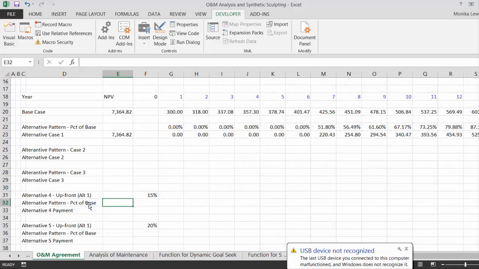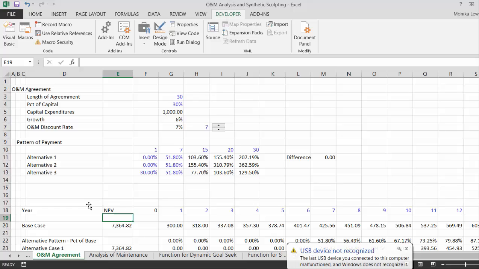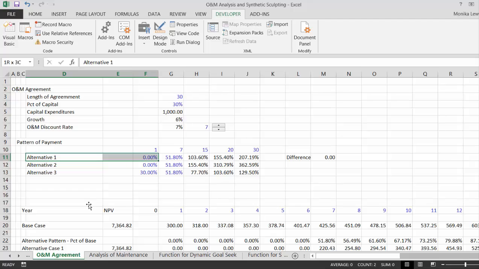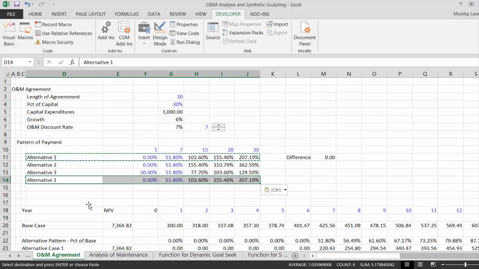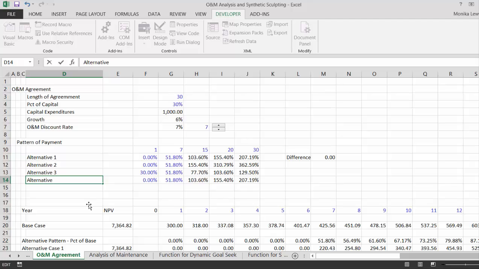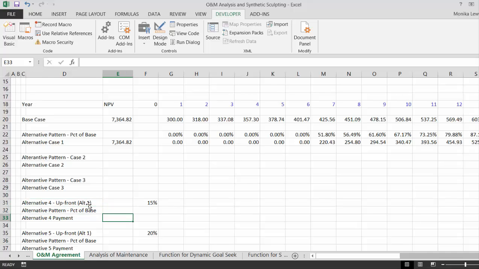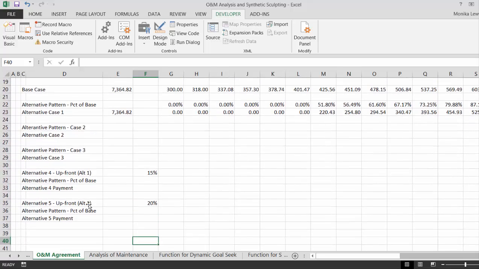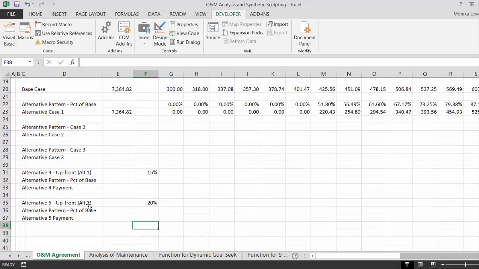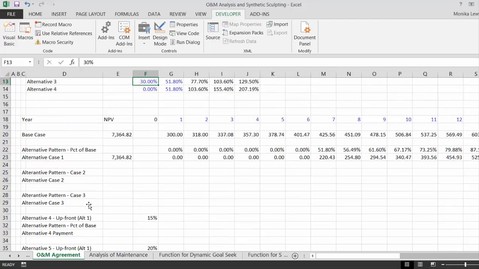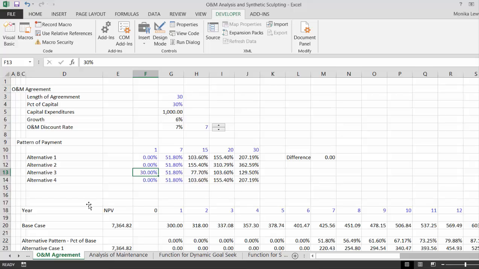Okay, and I think we'll put, so alternative 1 will be the same as alternative 4, but when we do alternative 4, here's the problem. The NPV is going to be a lot less because we have a big upfront payment. We're just putting in the CapEx. So those are the kind of games you can play with all this sculpting to try to really optimize it. And so we're going to then take this aggressive case,